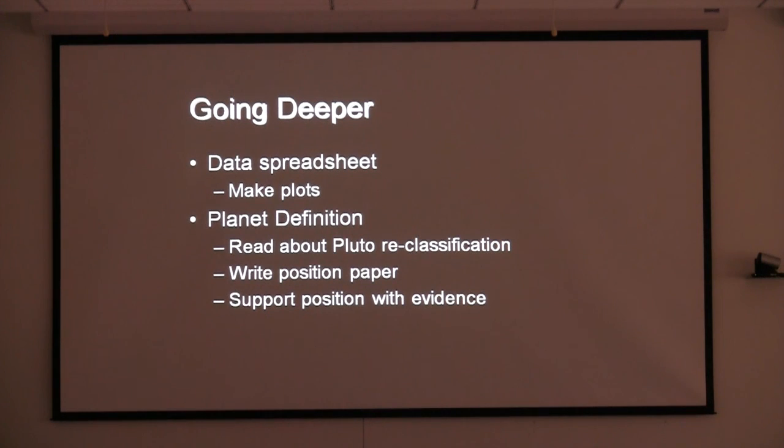But even for younger kids, you can actually use this as a vehicle for discussing what defines a planet, because in 2006, astronomers came up with the very first ever, all right? In the history of astronomy, there has never, ever been a definition of a planet, okay? And it was first defined in 2006. And that caused a lot of controversy because it kicks Pluto out of its planethood, all right? So you can read about Pluto reclassification. You can write